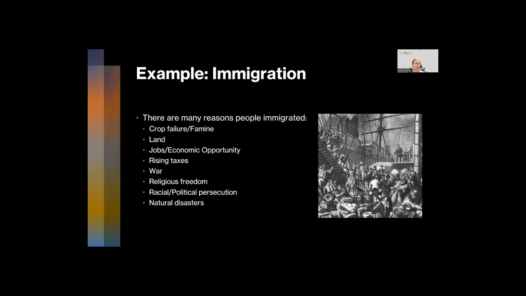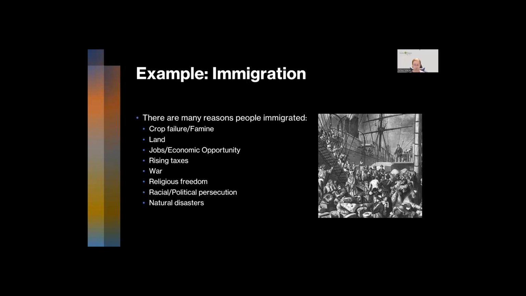The other part, and maybe more importantly to their story, is why they immigrated. Was it crop failures or famine? Was it the search for land? Maybe it was jobs or economic opportunity. Maybe the taxes were going up in their country and they wanted to escape that. Or maybe they were involved in wars. It could possibly be because of religious freedom or racial and political persecution or a natural disaster. Each of those things has an effect on their life, and that part of their history is important to tell